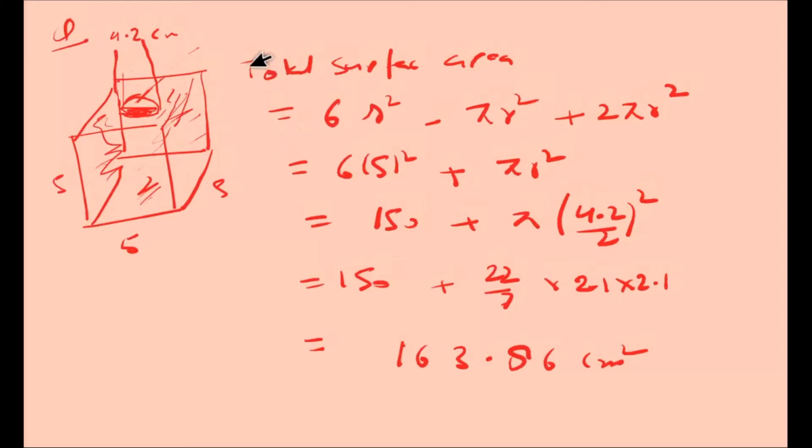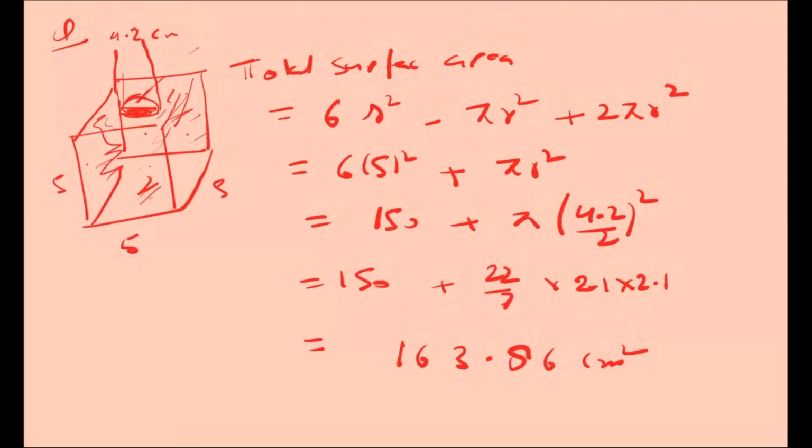So I am telling you, you have to check for total surface. All the formulas of total surface of the solid that are given in the formulas, you have to fit here. What are the total surfaces you are looking at here? This side, this side, this side, this side, this side, this side, but you have to minus this circle and you have to add this surface. So this way you can do the questions.